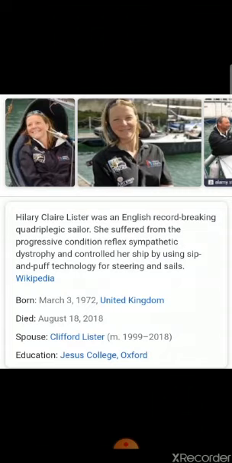Number 3, the first time Hilary went sailing, A, when she was a passenger, B, when she was not paralyzed, C, when she had a dream. What is the answer? A. Number 3, A, she was a passenger. Question number 4. She controls her boat A, with somebody's help, B, with her mouth, C, by blowing into the sail. How is she controlling the boat? With her mouth. Very good. 4, B. Number 5. No other disabled person has, C, sailed from England to France.